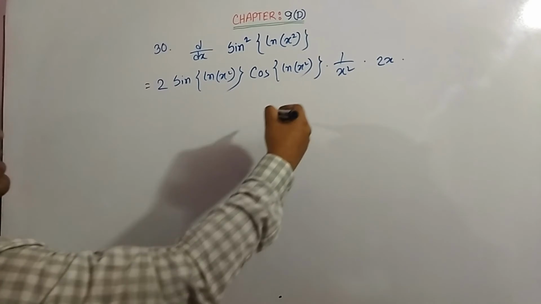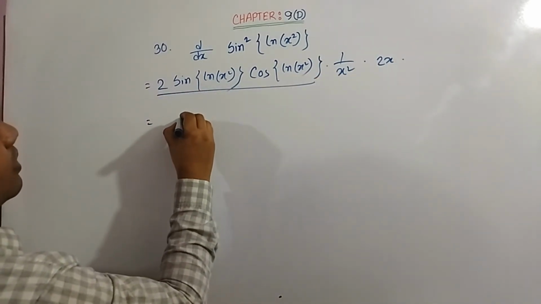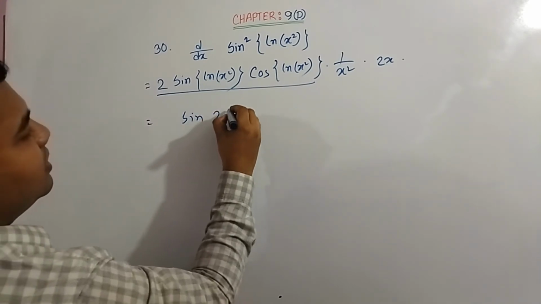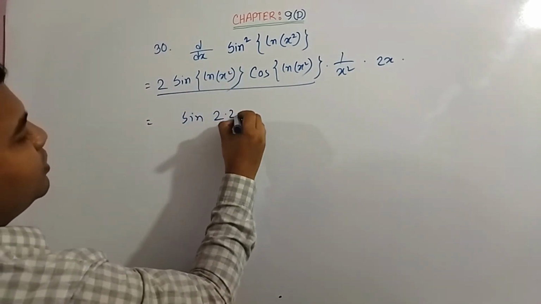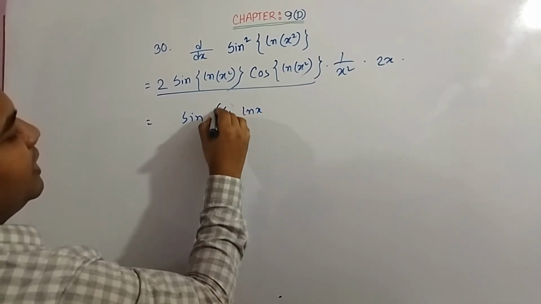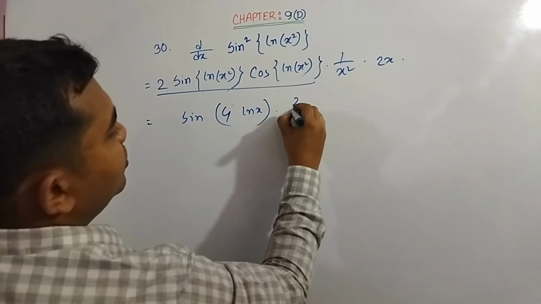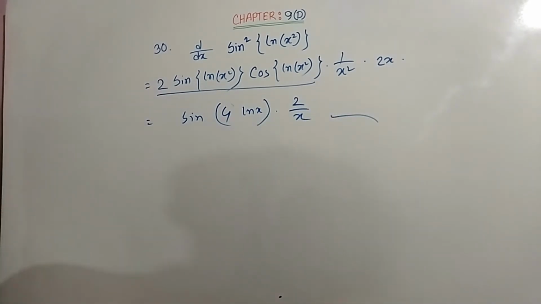So if we just cut down all of that, then this part should be sine 2x, and here the ln will become 2 into 2 into ln x. So we can say here it should be sine 4 ln x into, if we cut, x is gone, so it should be 2 by x. That's our answer. Very easy,